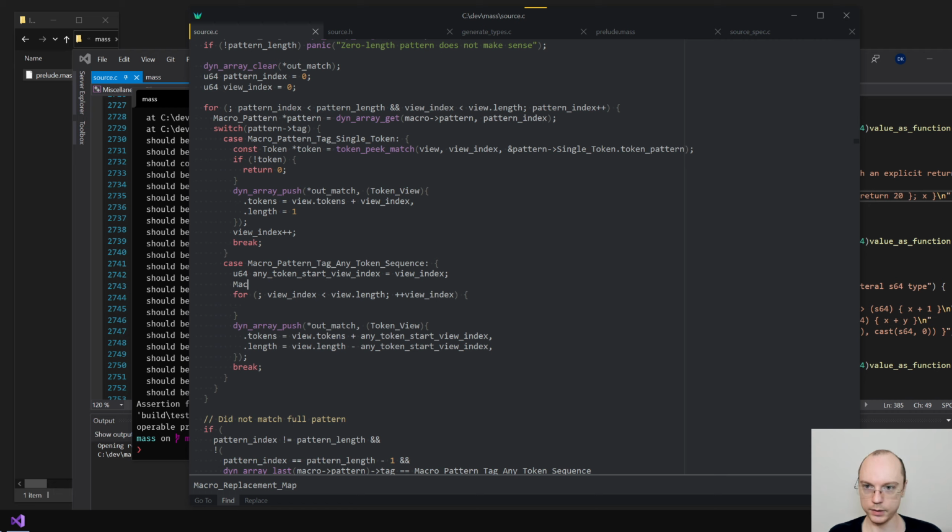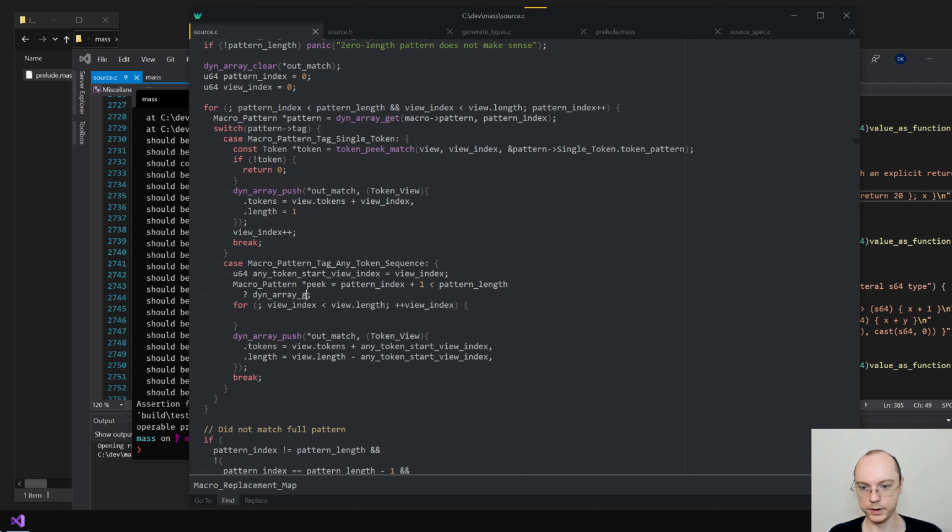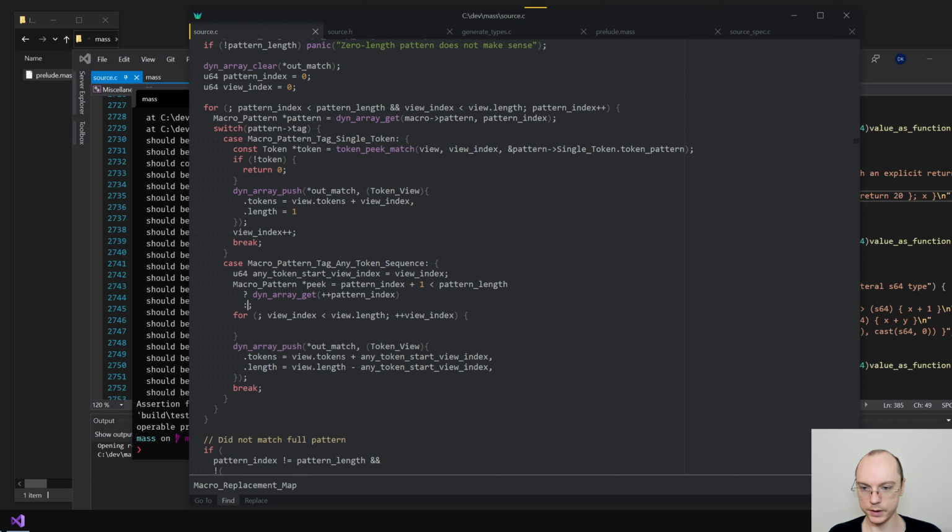We can say macro pattern star peak is 0 or pattern index + 1 less than pattern length, then dynamic array get of pattern index, plus pattern index.